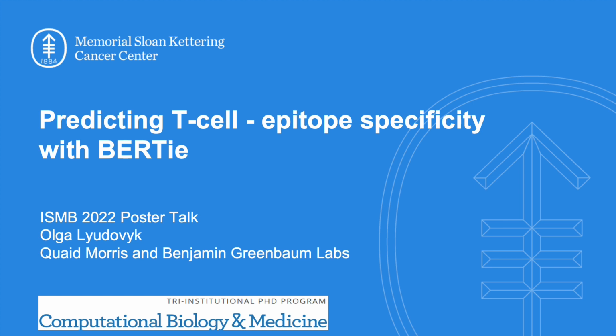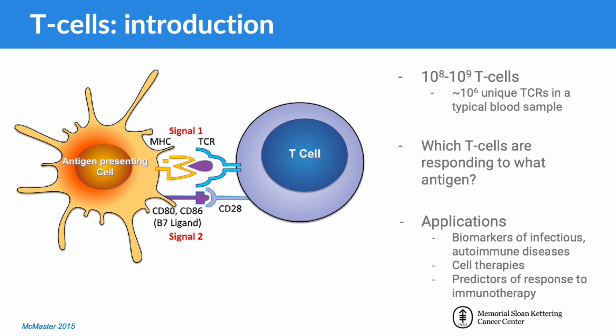this very problem of T cell specificity in the labs of Dr. Morris and Dr. Greenbaum. We have billions of T cells circulating in the human body. T cells are able to specifically recognize epitopes through their hypervariable T cell receptor, which I will be referring to as TCR. An epitope is a fragment of a protein that is presented on the surface of other cells, which could either be virus-infected or cancerous, and this protein from which an epitope is derived is then called an antigen. When a T cell recognizes an epitope that is different from the body's own proteins, the T cell activates and can target the infected cell.